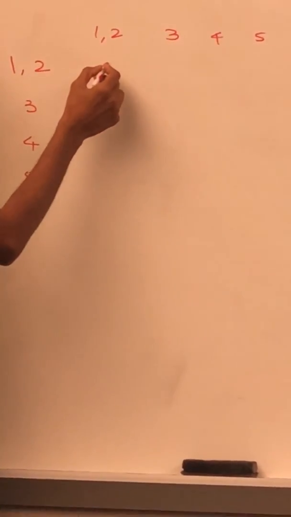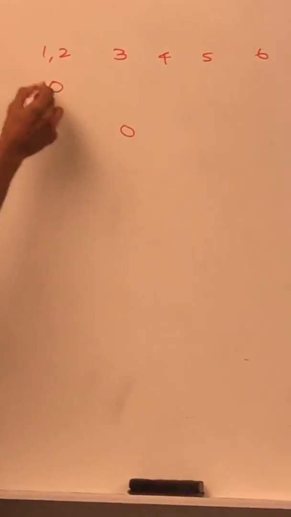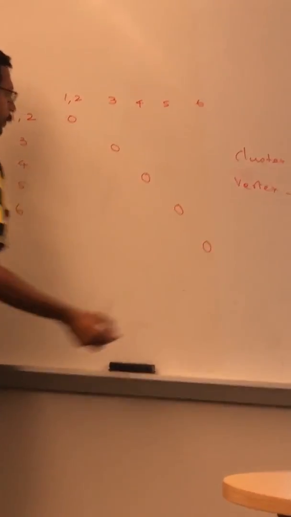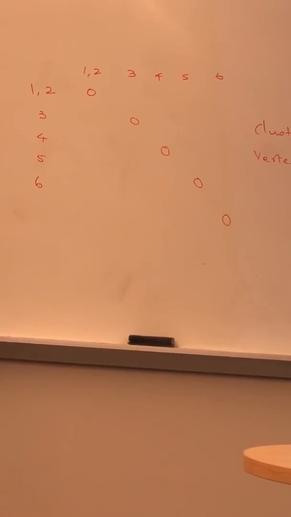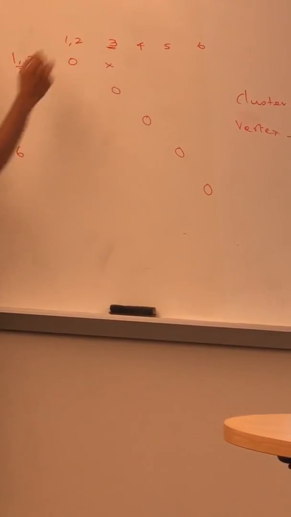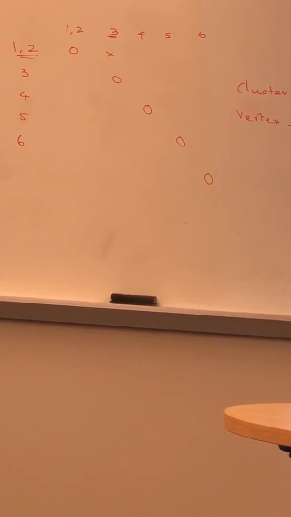All right. So again, the diagonal is going to be 0. So 1, 2 with 1, 2 is going to be 0. 3, 3 is 0, 4, 4 is 0, 5, 5 is 0, 6, 6 is 0. So now we need to fill this entry, 1, 2 with 3. For that, what you need to do is